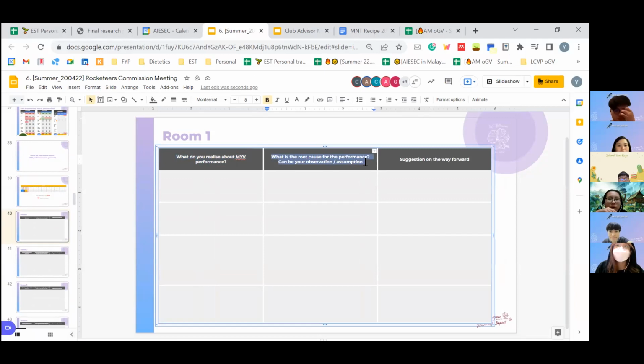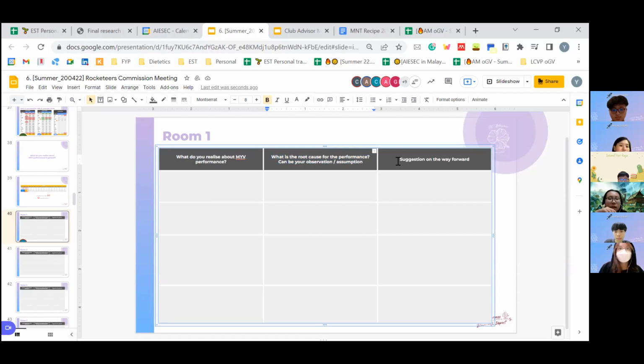It can be for your LC or other LCs or anything. And also, what is the root cause for the performance? If it is performing, why is it performing? And if it is not performing, why is it not performing? It can be your observation or your assumption. If it is your observation, then it should be quite reliable, but if it is your assumption, then it is time for you to validate whether the assumption is correct or not after your discussion,